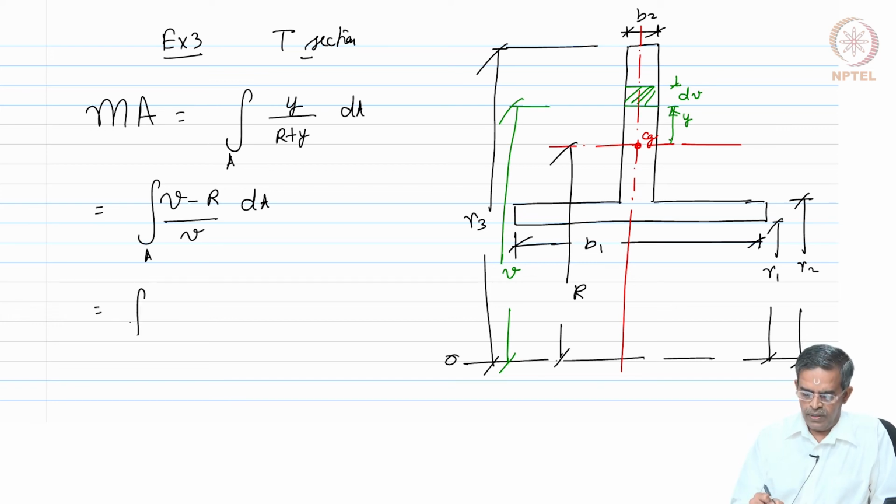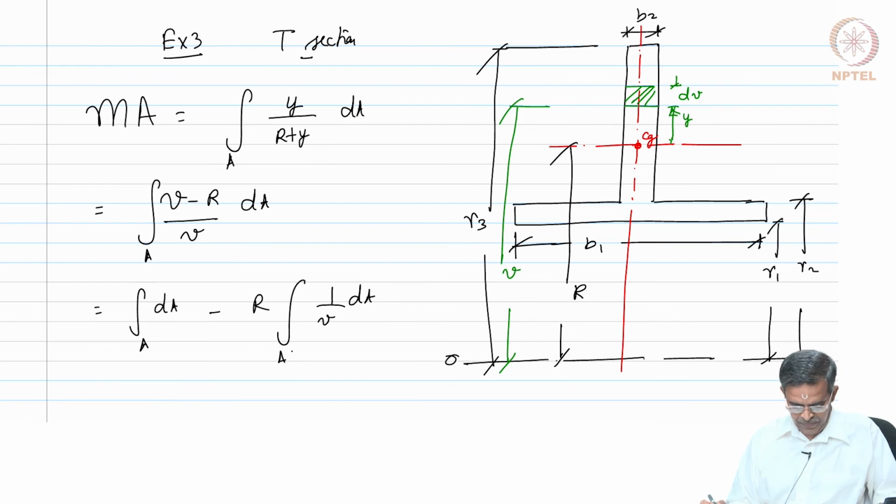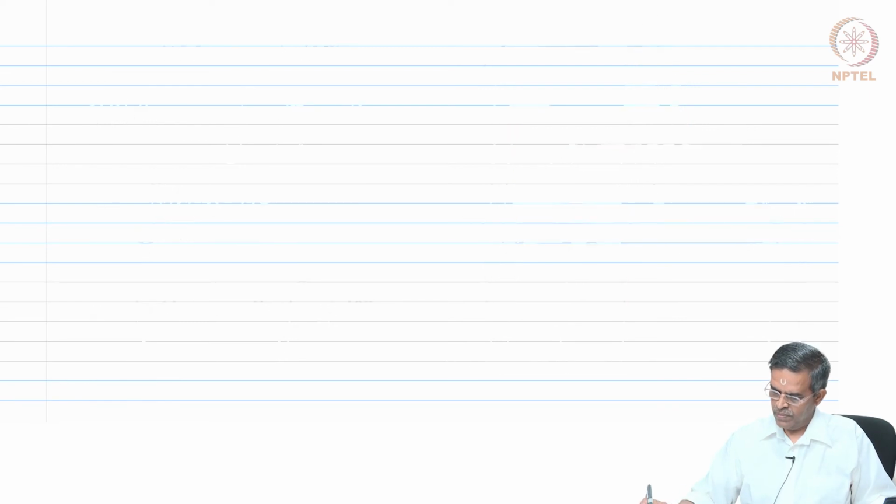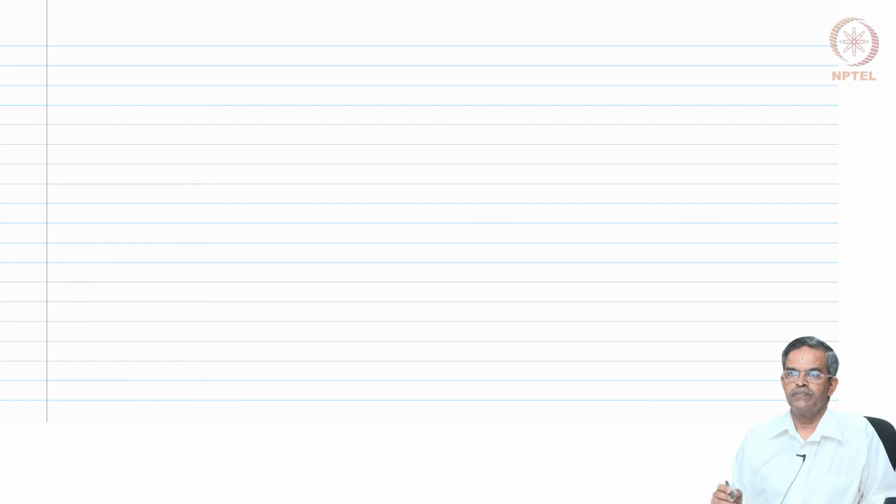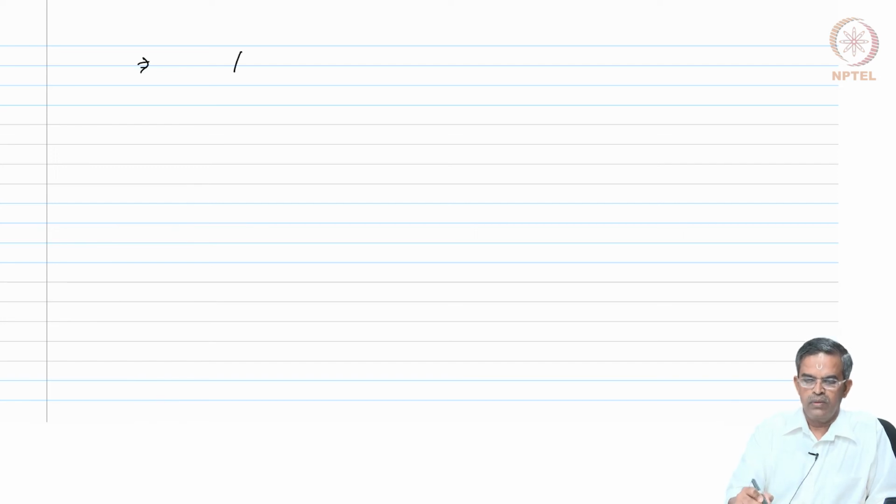So, which will be integral dA minus R times of 1 by v dA, which is equal to A minus R times of